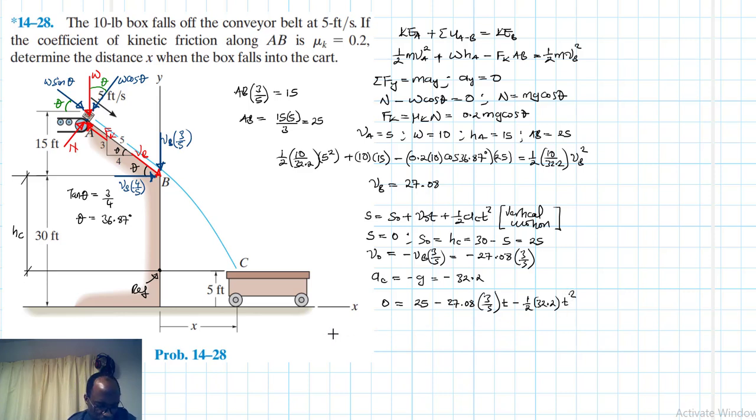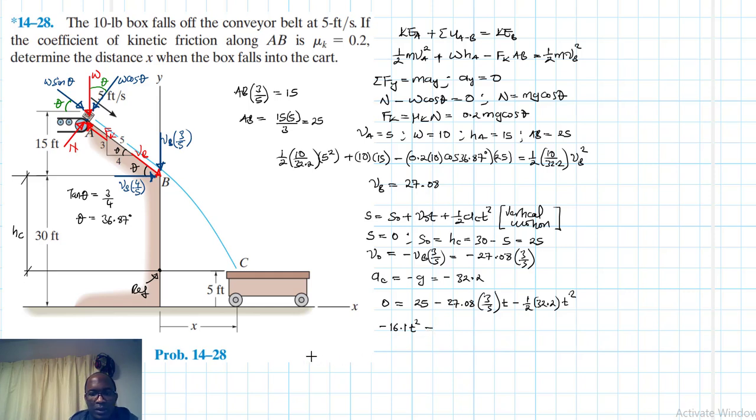So writing this just becomes plus 0.5 by 32.2, 16.1, so minus 16.1 t squared,